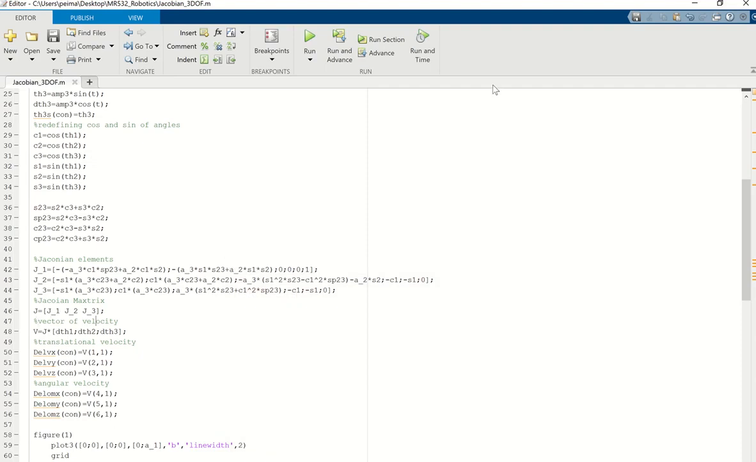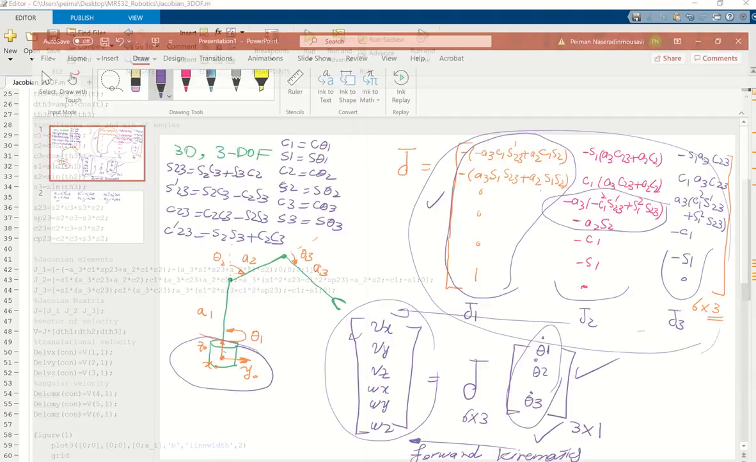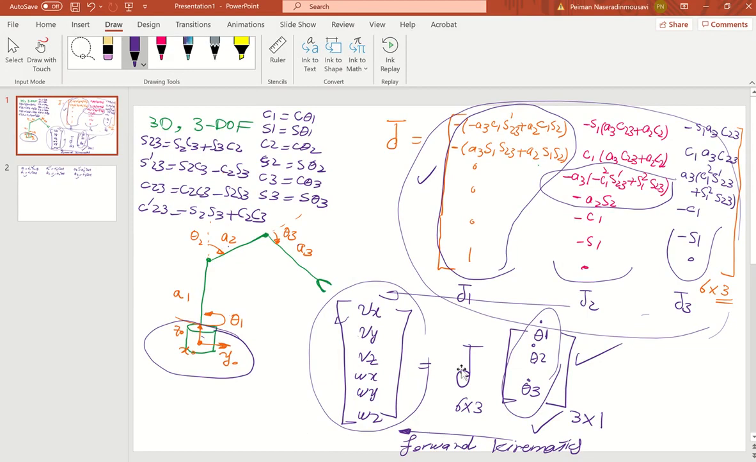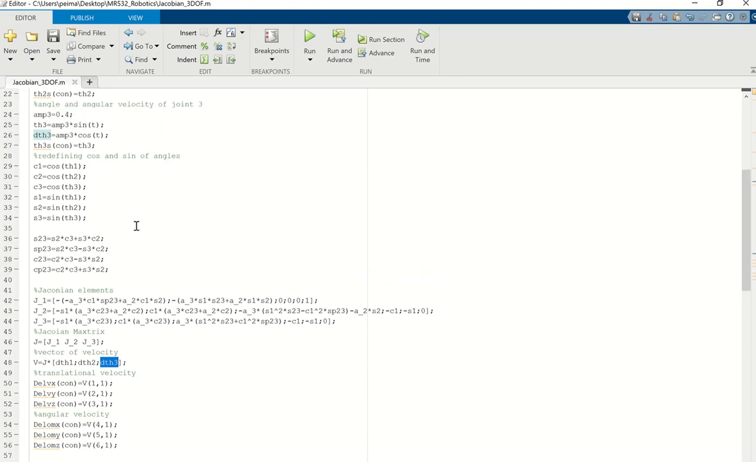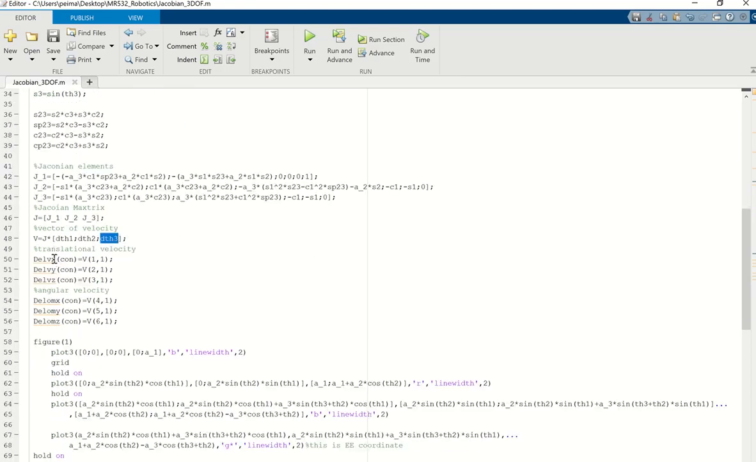And now the vector of velocity. As you see here, as I wrote here, V is J in theta dot 1, theta dot 2, theta dot 3. So V total, this is a vector, is J, the Jacobian matrix, in theta dot 1 as we defined above. Next row theta dot 2, next row theta dot 3. Exactly, I'm following from whatever I developed analytically. See, theta dot 3 based on whatever I defined here. So now translational velocity, because as I taught you here, guys,